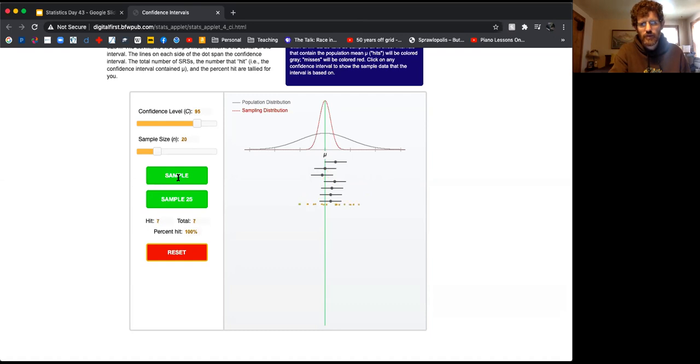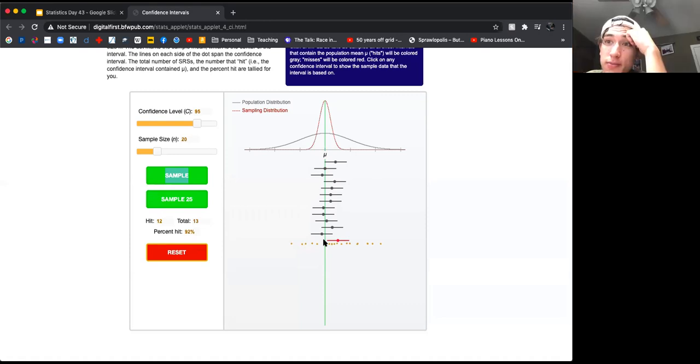I'm going to go until we find one that doesn't capture the population mean. There we go. So notice what's happening here. For all of these, the confidence interval happened to cross this green line, which is a way of showing that it did capture the true population mean. But in this one, we had a point estimate, we had this level of uncertainty coming out, and even with that, the true population mean was outside of the confidence interval. That can happen. How often do you think that's going to happen? 5% of the time. You got it.